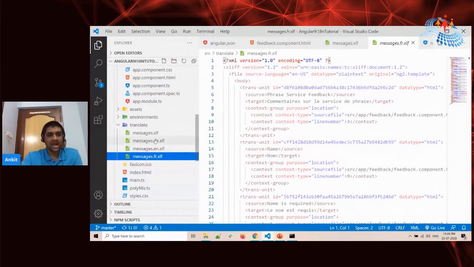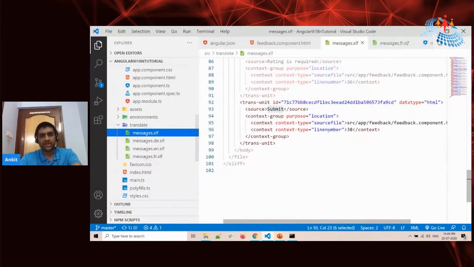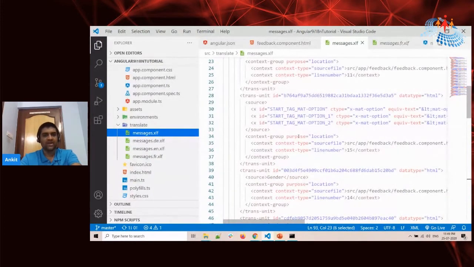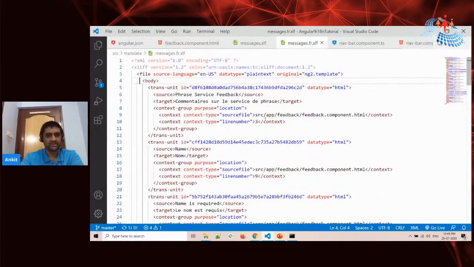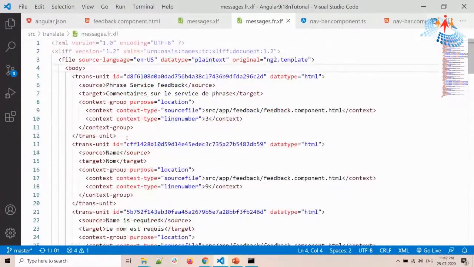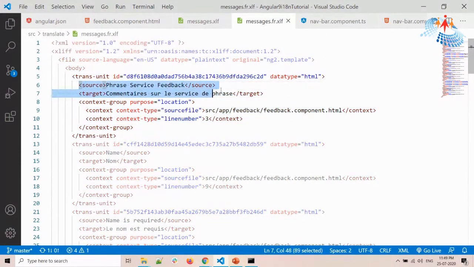So what I did is I created these three files. I copied all the content from messages.xlf and put it inside them. But apart from that, I also did something else. What? Let's see that. Inside the trans unit, you can see there is a source, and I have added something called target also. This says that for every source, replace the content for this part with whatever is inside the target for the French language. How it is going to refer to this file, we'll see in a later part of this talk.